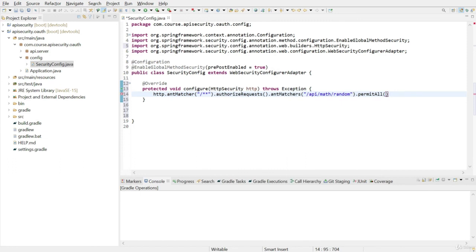For all other endpoints, we will treat them as a resource server with OAuth2 login.